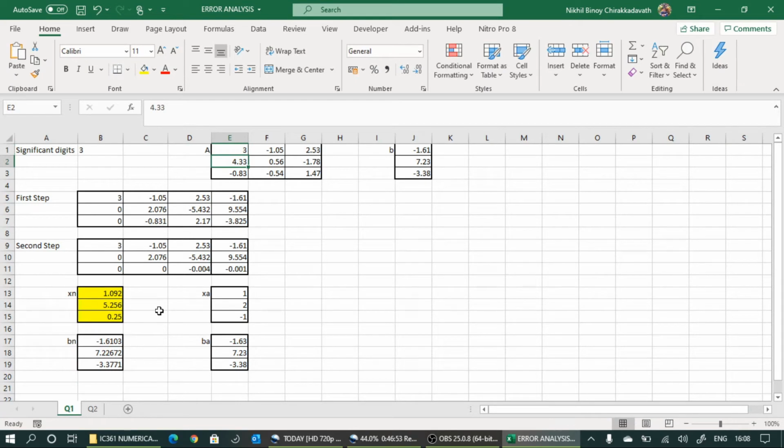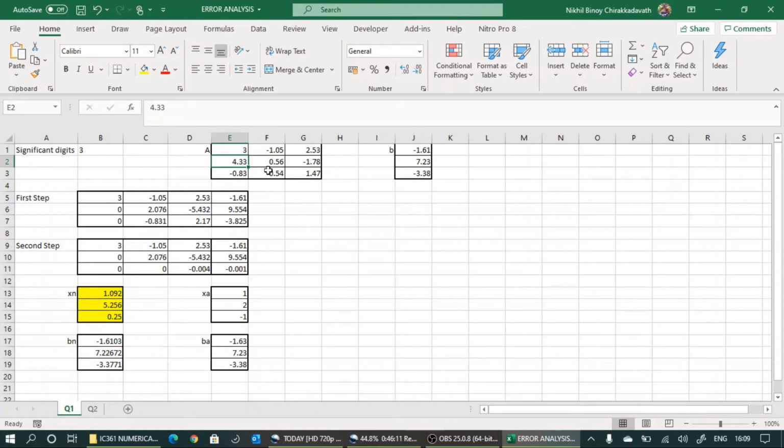So you can see a very large change in xn with respect to a very small change in a particular element of A, slightly changed from 3.02 to 3. We observe a very large change in the numerical solution. Please note, from the matrix point of view, Ax equal to b, so what is x? x equal to A inverse b.